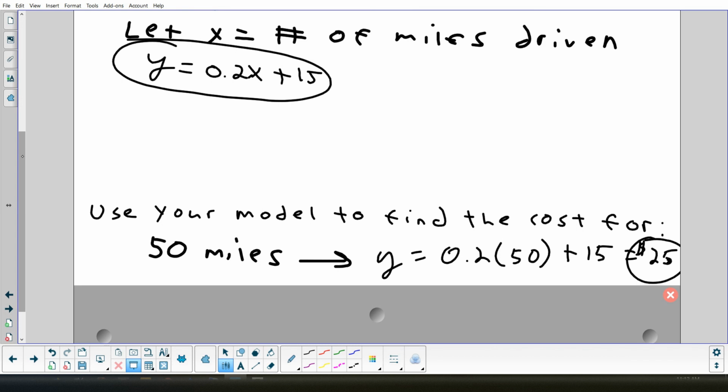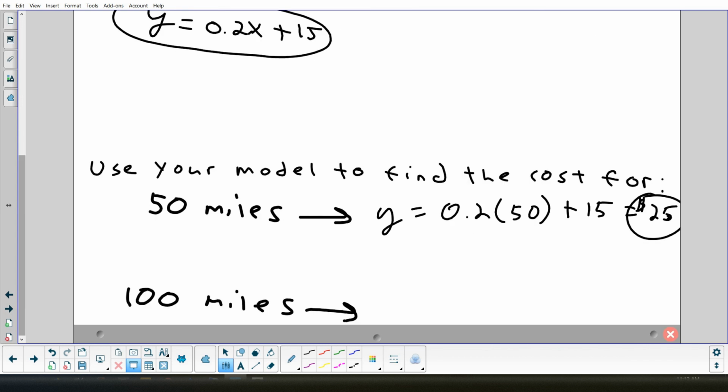Okay, now let's do it for 100 miles. Double the miles, double the cost, so should it just be 50? Quick, done? No. Not quite. Why isn't it going to be $50? It's double the miles, so why isn't it double the cost? Because you're adding 15, so you wouldn't add 15 twice. Yeah, you're not doubling the 15 part of the cost. You're just doubling the mileage part of the cost. So we're going to get